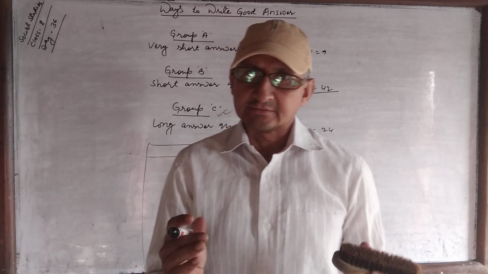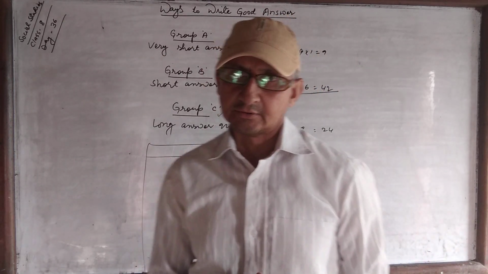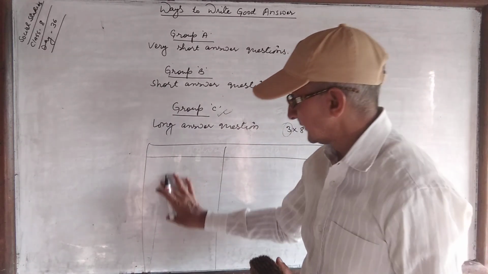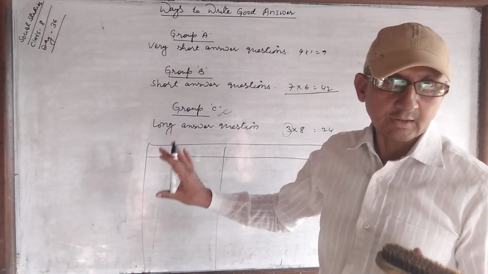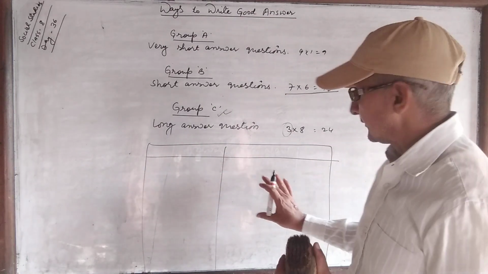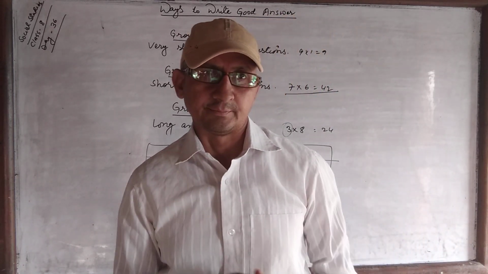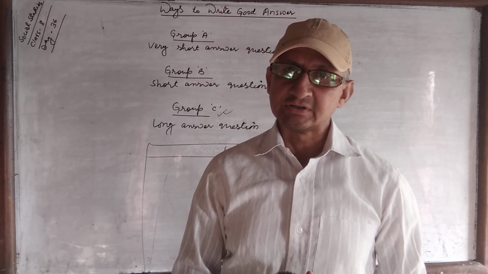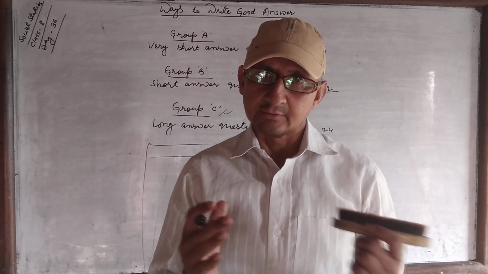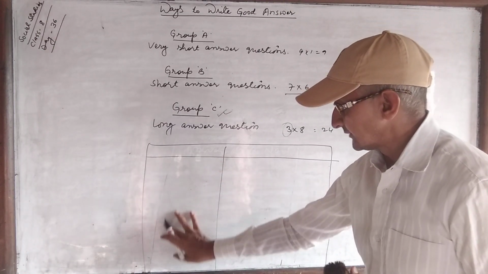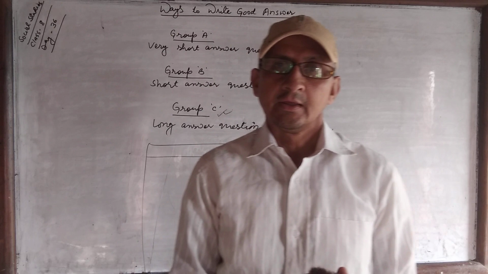Sometimes you are asked the question like write the positive and negative effect. Okay? So making a table, in one column of the table you can write the positive aspect. In another column, you can write the negative effects or negative aspect. Write the causes and effect. Sometimes you are asked to write the causes and effect; in one column of the table you can write causes. In another column of the table, you can write the